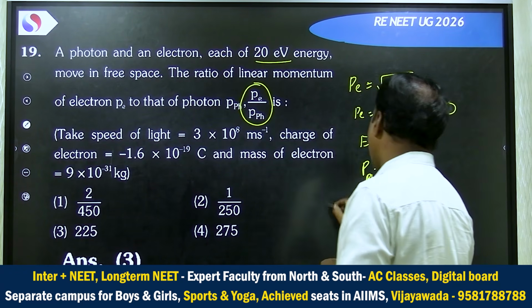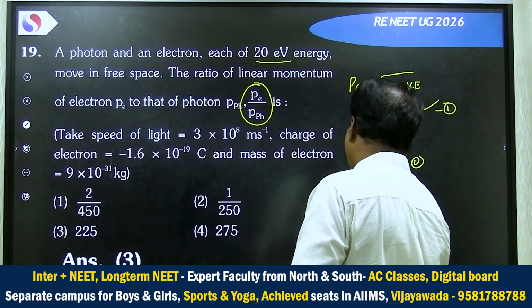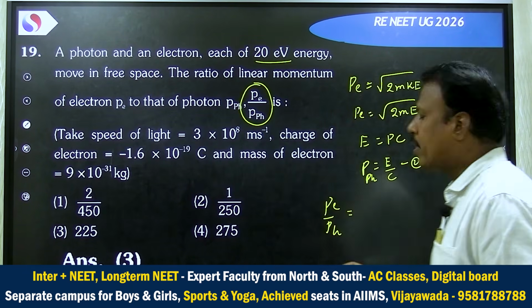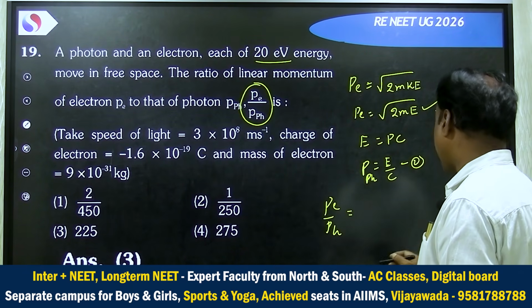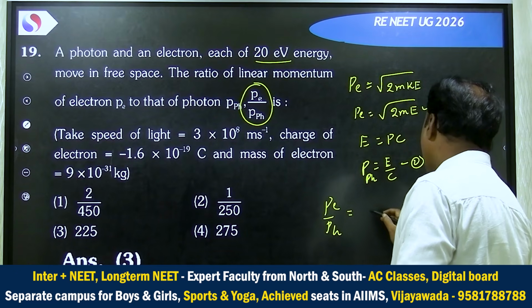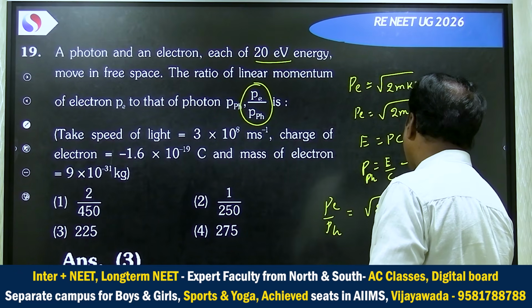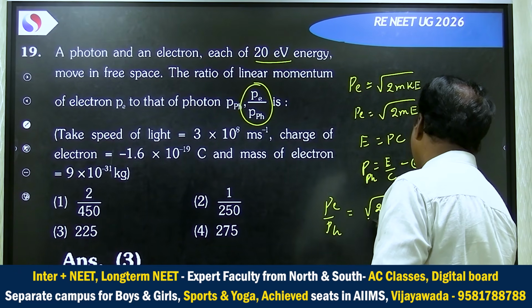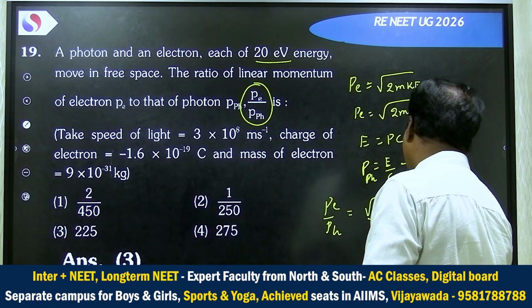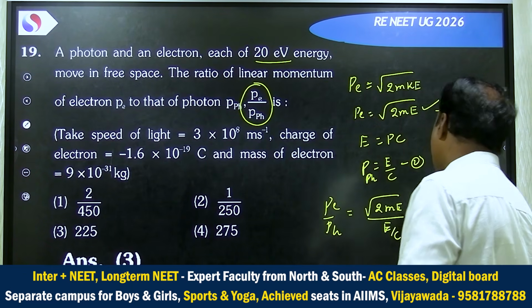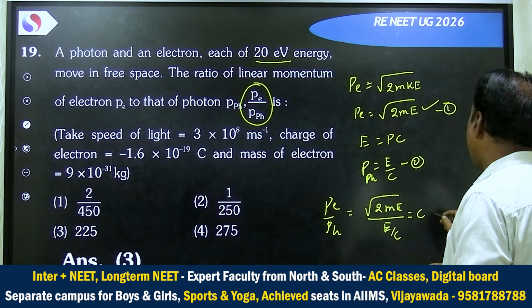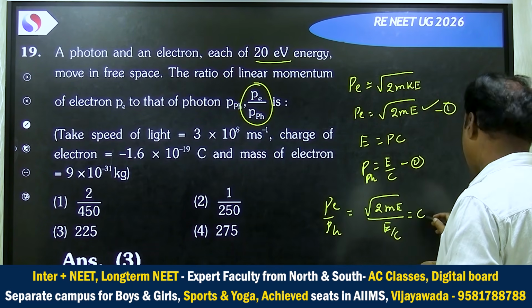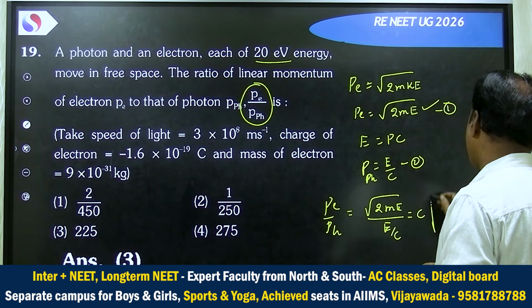Just if you divide, it will become P by P photon, and when we get this ratio, just after a simple cancellation of root E and E, it will become C times root of